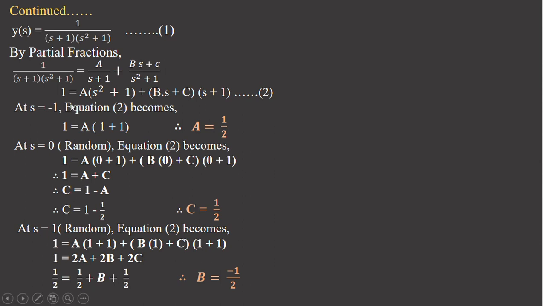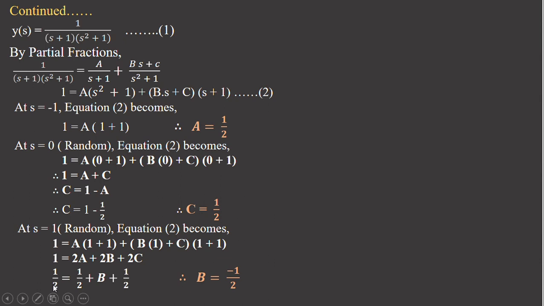In the whole equation again, it's a random value. So what is the calculation? See, s is 1: 1 plus 1, B into 1 plus C, 1 plus 1. So this is the simplification there in the RHS. 2 common from the whole RHS. I have divided it with the left hand side. 2 common divided with the left hand side, 1 by 2.